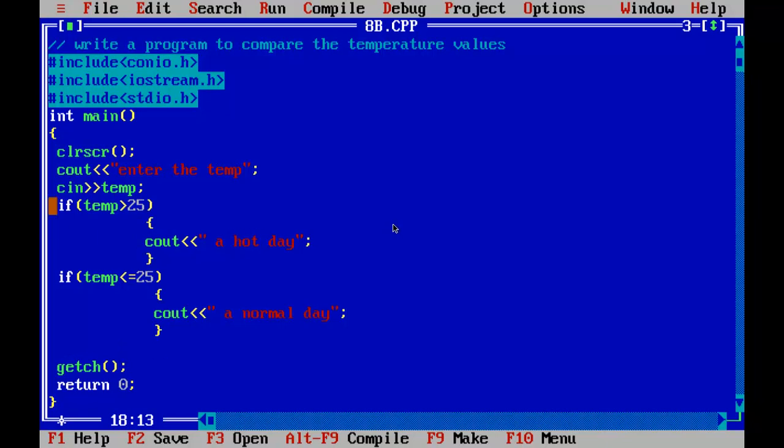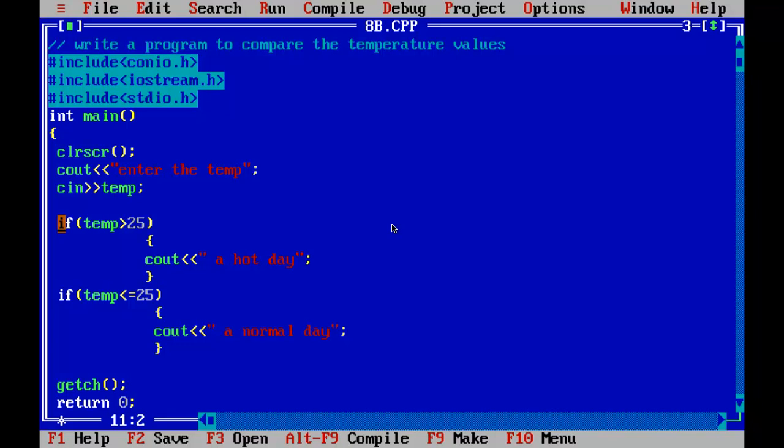Now try to understand. We have used if statements. We are reading the temperature. Now checking the temperature, we don't know which value we will enter. Suppose we enter 30. The system will store the value 30 in temp. Now, is 30 greater than 25? Yes.